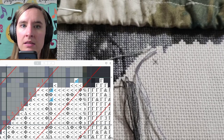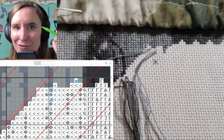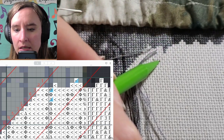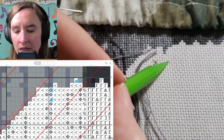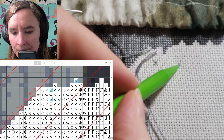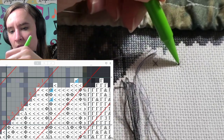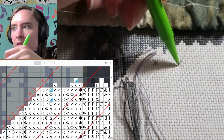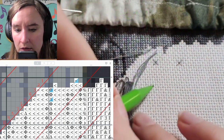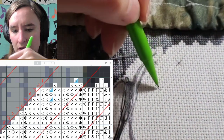I should just be not lazy and buy a water soluble pen or whatever. But who doesn't have a lead pencil? Why go find my pen when I can just use a pencil? So I count 2, 4, 6, 8, 10, and I draw another X, so that the center of my X is the corner of the 10 by 10 grid. And then since I already have those done on the other one,